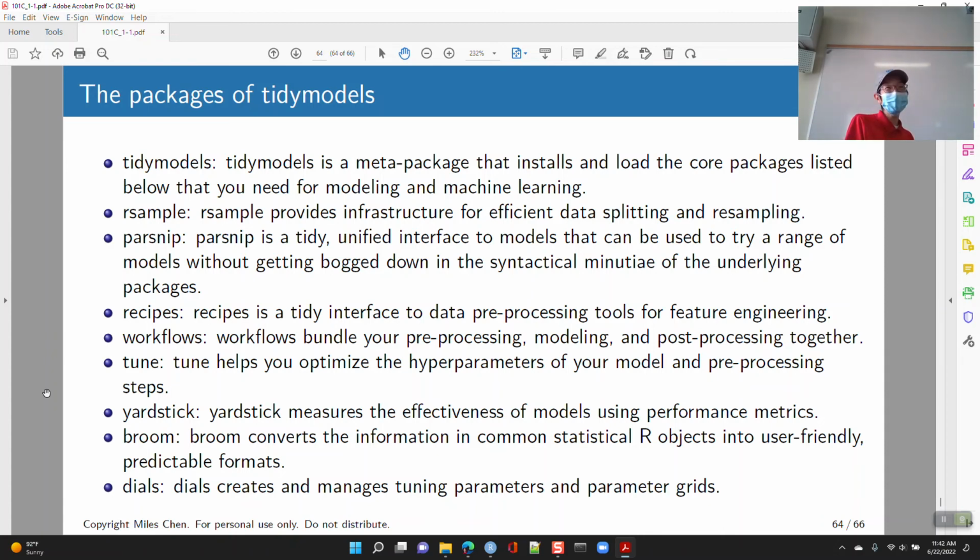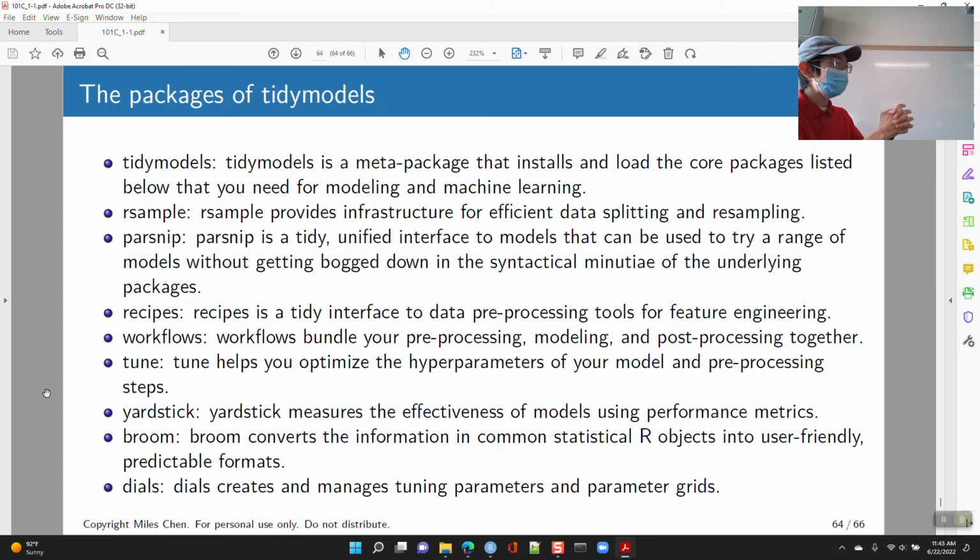R, on the other hand, is like the Wild West as far as packages go, right? You can write a package right now in your dorm room and then publish it, and submit it to CRAN, and as long as it meets certain guidelines, it's going to pop up. And so there's a whole bunch of things. You've got a package for neural networks this and neural networks that, and a package that uses TensorFlow and a package that does support vector machines and things like that. And the interfaces for all of those things are a little bit different, so it can be a little bit frustrating. Parsnip says, hey, you know what?